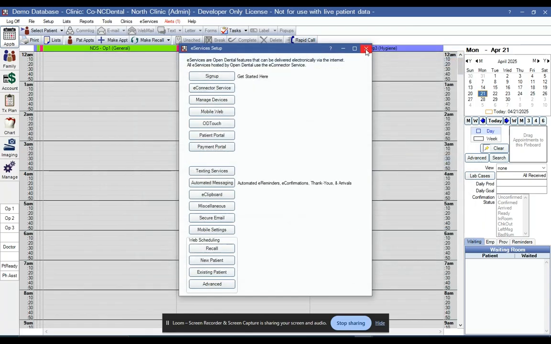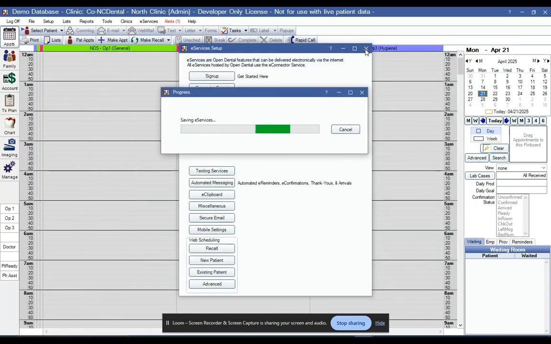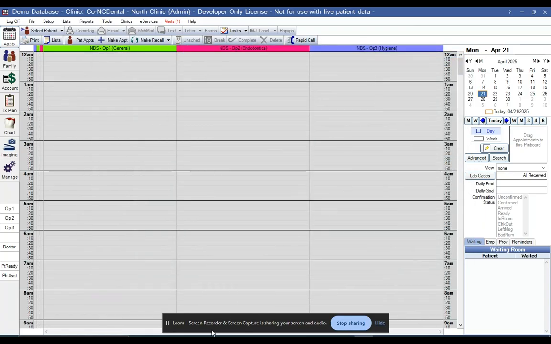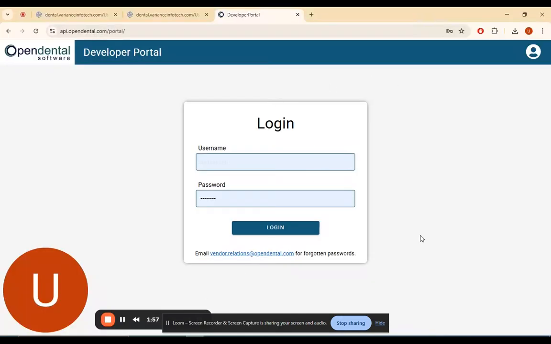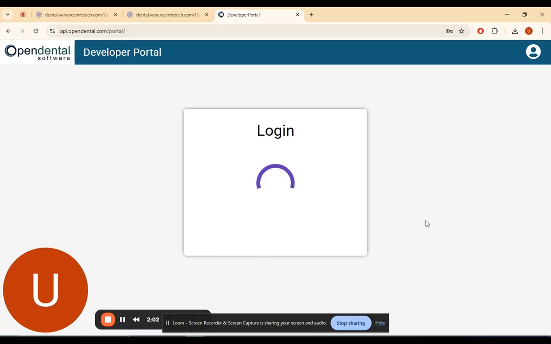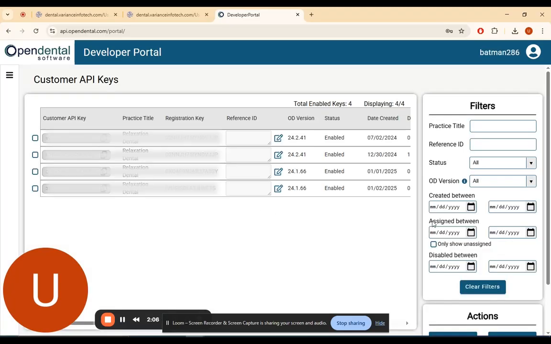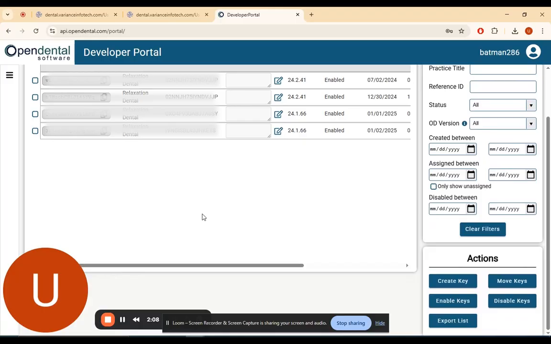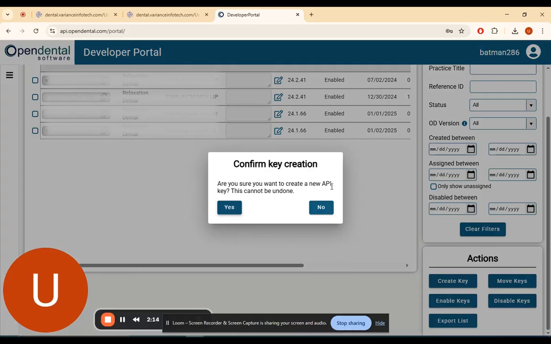Now moving forward for the key configuration, what we are supposed to do is go to the developer portal. So here we have the OpenDental developer portal, login in. Here we are supposed to create the customer key. So below in the actions option, we will have to click the create key, and this key once created, we